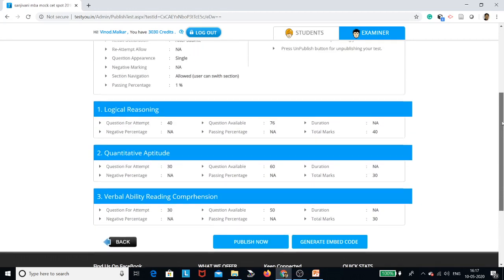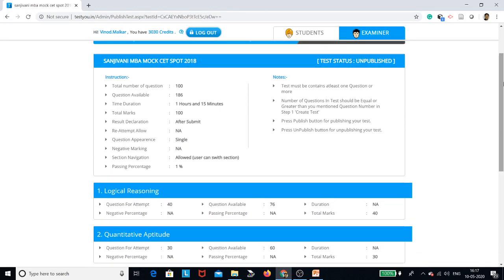All the instructions you can put in, passing percentage, and the total questions available on this test are 186, and every student will get different questions out of those 186. Any 100 questions come in front of the student on desktop, or the students can appear on mobile also.